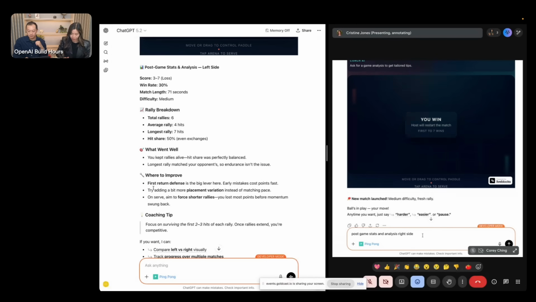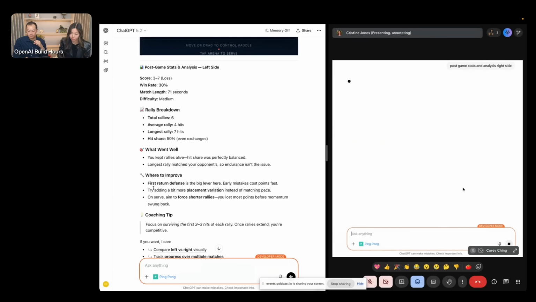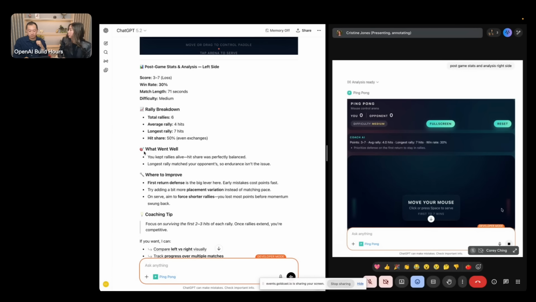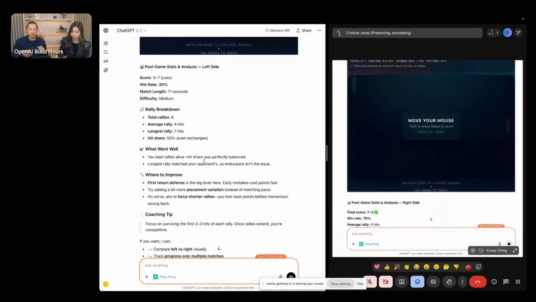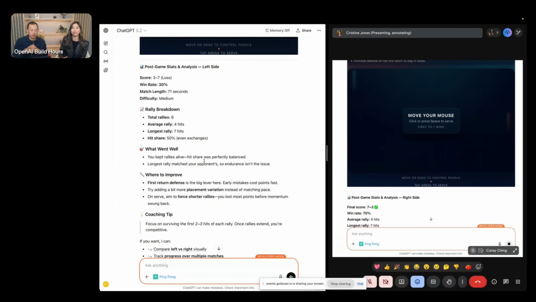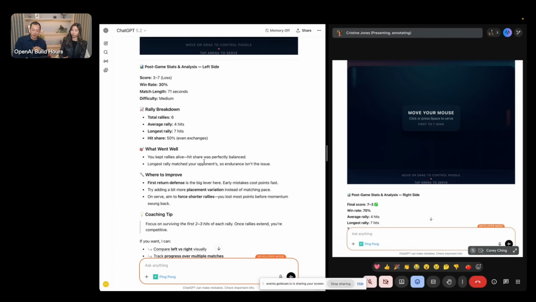Okay, so I'm writing in the same prompt on my side and then just clarifying that I'm on the right side. And then while this loads, Corey, just a quick call out that we're both in developer mode. Yeah, great question. So for me to have loaded this locally running app, you have to enter developer mode, which allowed me to create an app that we call side loading, but I'm running it locally and having it rendering within ChatGPT. So let's look at your stats.